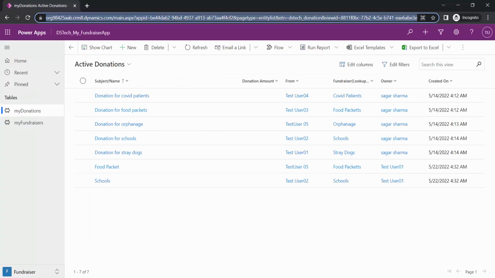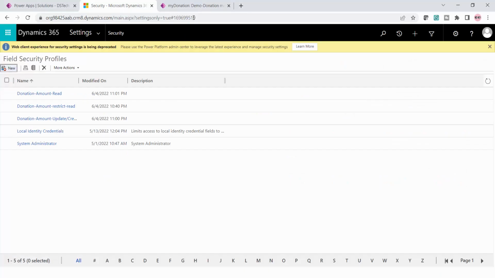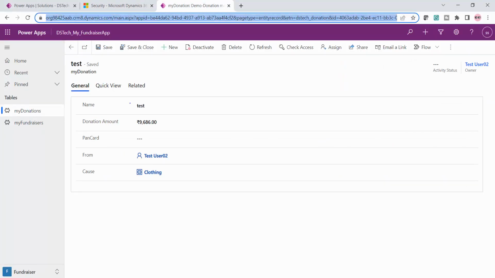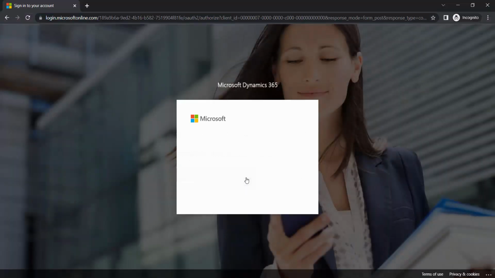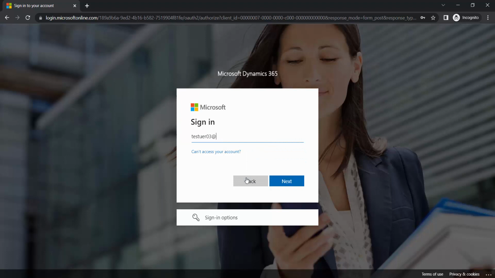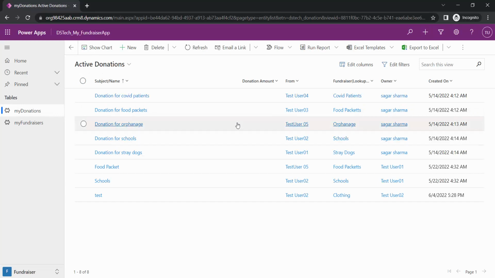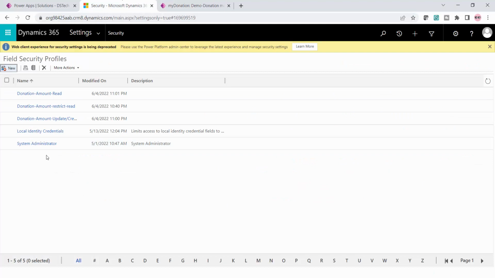Now let me quickly log out and log in with this test user 03. I will copy this app URL from here in the private mode. Okay, from here I can add the new user. Here I cannot see the amount, so let me quickly go back and see whether I have given the right